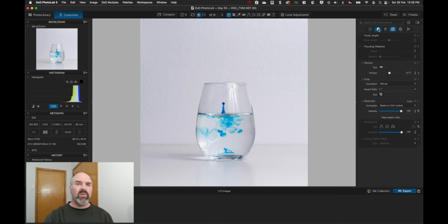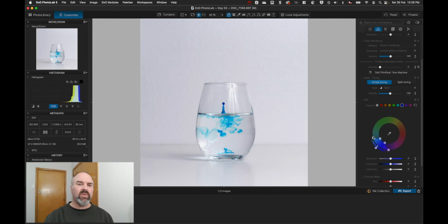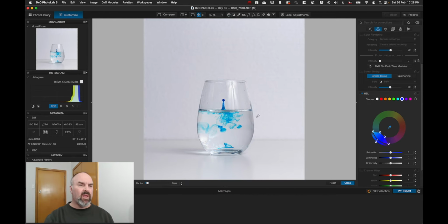So I'm going to pop over to the color tab, and here's HSL currently closed, but we'll grab that. This nice little wheel that we have here. So if I turn it on, and it's got the blue channel selected already, I'm just going to grab the eyedropper and come over and pick one of my representative blues that I'm after. Give that a click, and it adjusts what's selected here. There's the core of the selection, and then the feathering out, which you can do different things with,